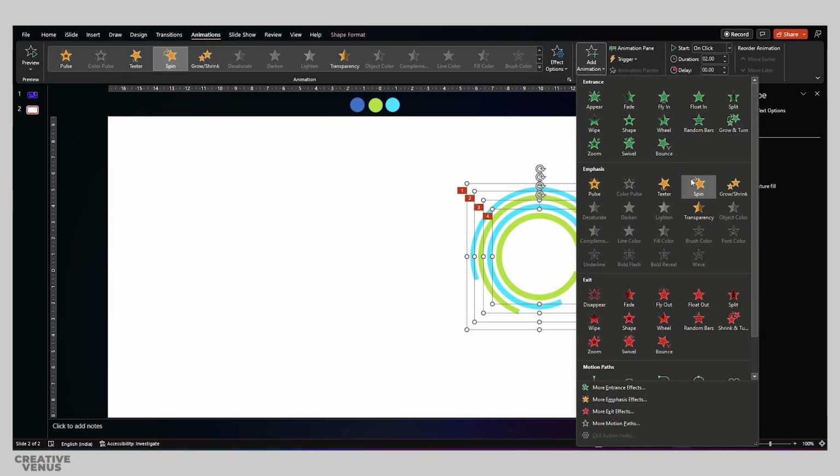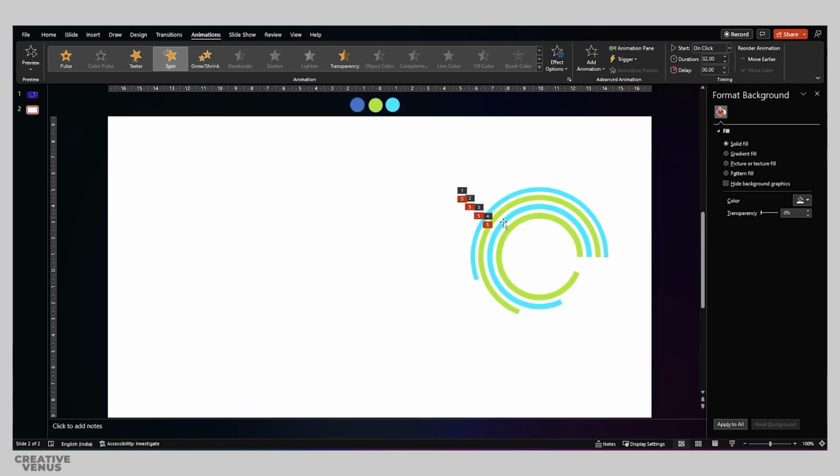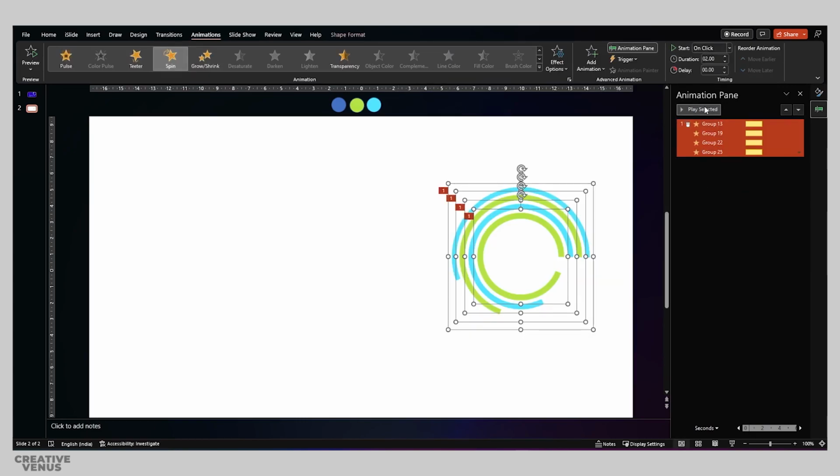Now select all these circles and apply the animation effect. Go to add animation, apply spin. So now the graphic is spinning in a very beautiful manner, and this is what we need. But now we have to apply one trick